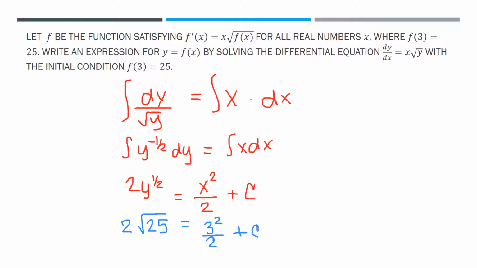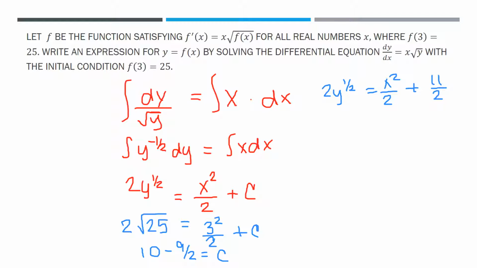And then you'd get 2 times 5, which is 10, minus 9 over 2 equals c. So 10 is obviously 10, and then 9 over 2 is 4.5. So 10 minus 4.5 would give you 5.5. You could also write it as 11 halves. It doesn't matter. Both would be equivalent. So now we have 2y to the 1/2 equals x squared over 2 plus, we'll just say 11 halves for now,